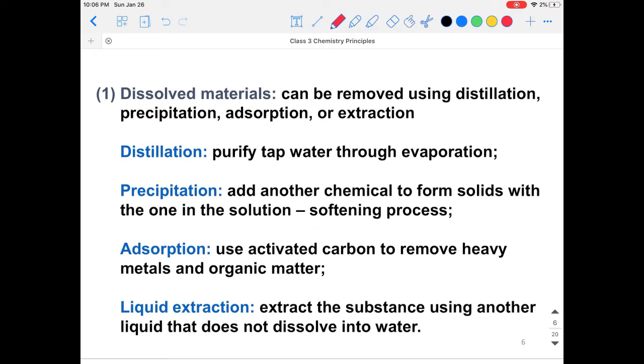So in water chemistry, we're also going to deal with basically the mixture of species that can be interacting with the water. So for these extra species, they can exist in different states. For example, they can exist in the dissolved materials, which means that they can be removed using distillation, precipitation, adsorption, or extraction. So distillation means the